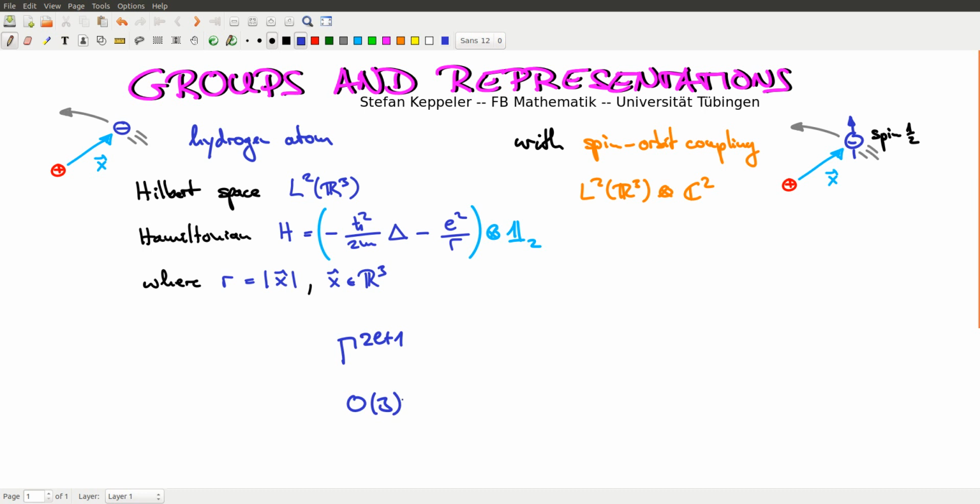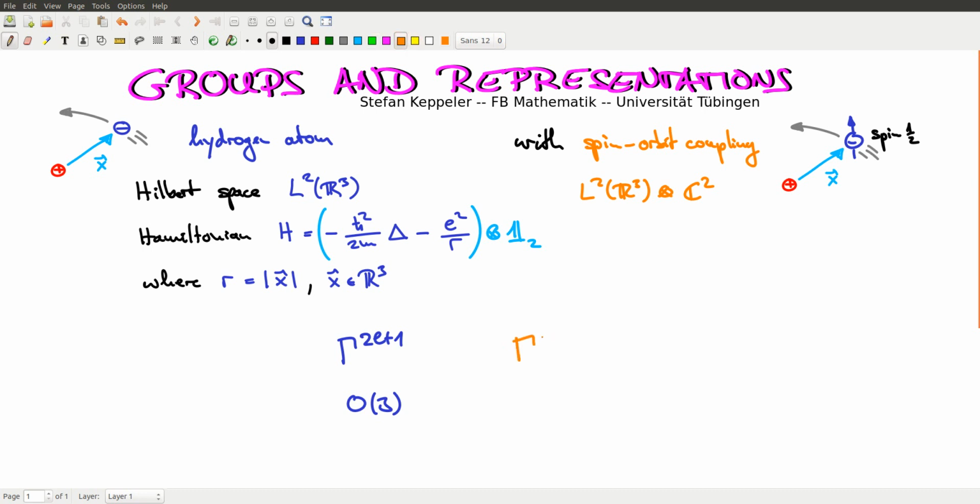Actually, there was an even higher symmetry, but let's forget about this. We know that we can group them in O3 irreps. And now from the C2 part here, for the spin 1/2, we also already saw in some exercises